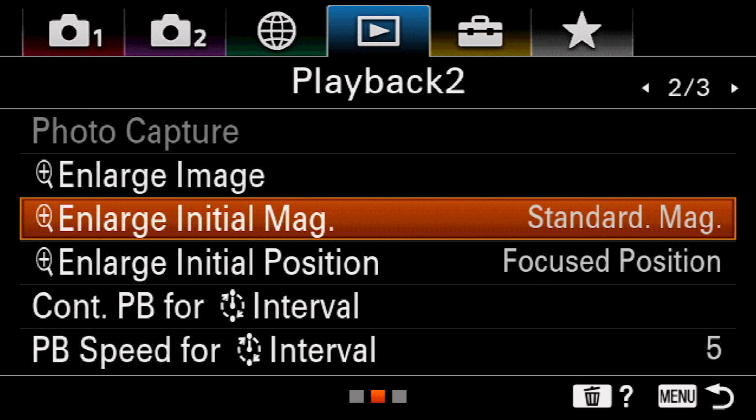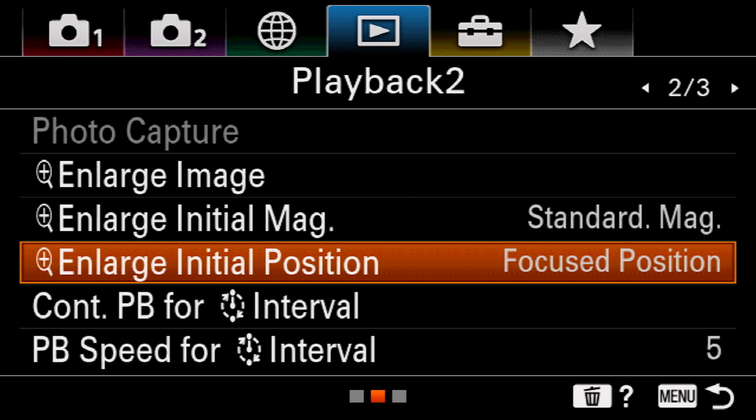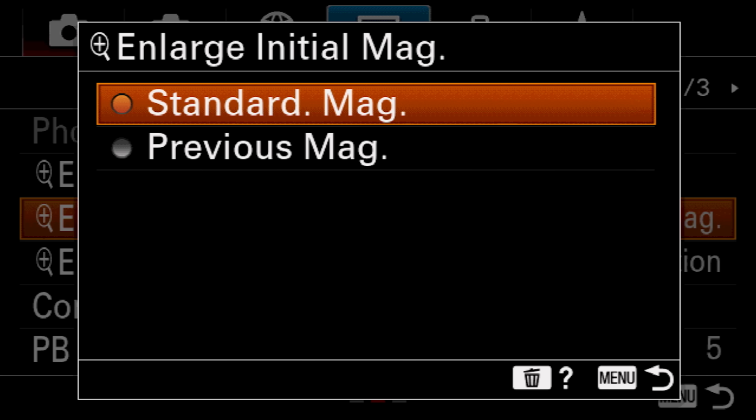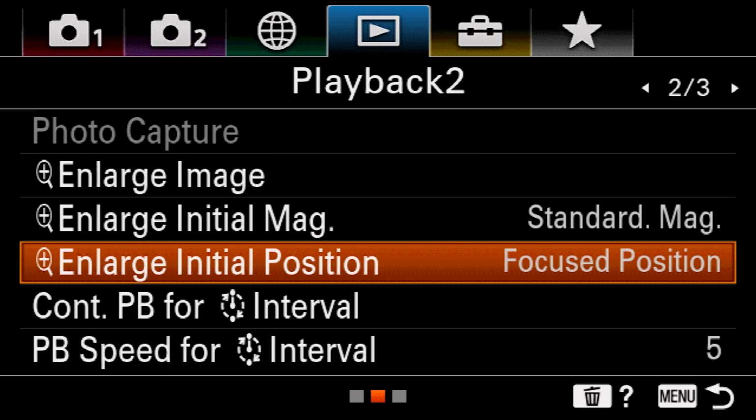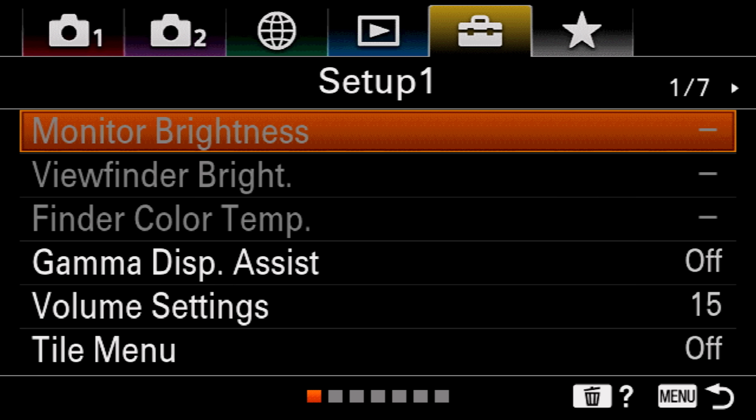On page 2, make sure the enlarge initial magnification and position are set to standard and focus position. This just helps for when you're enlarging a photo during playback that you would see where the camera is focused on. Helpful to double check your focus of your photo. And with that, we can skip all of page 3 altogether as well. Moving on to tab